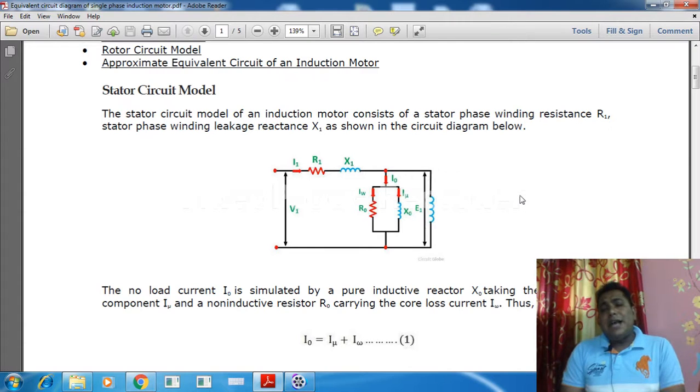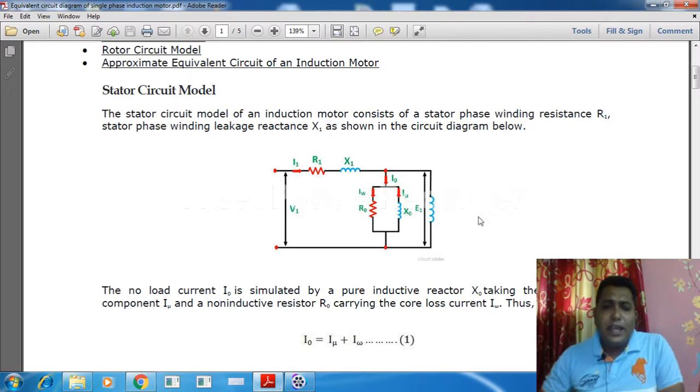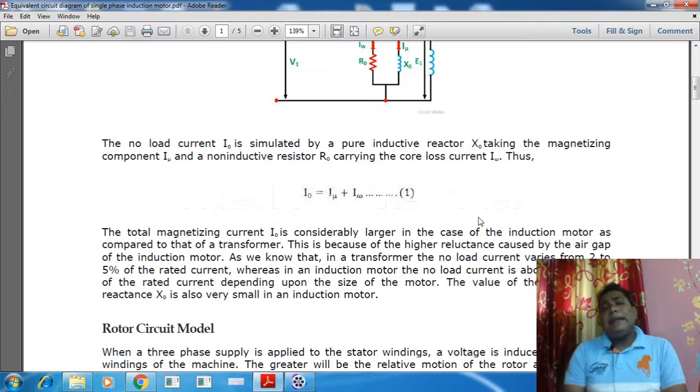So what are Imu and IW? Imu is the magnetizing current; whatever flux is produced, it is produced due to this amount of current. There is another current known as IW, namely the wattful current. That current is actually not available at the output side. This current is the loss current, or the energy component.